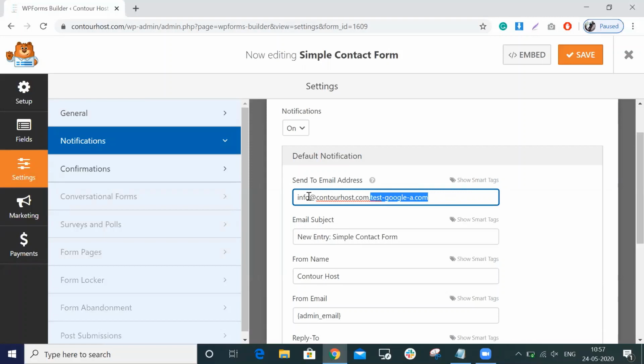So if I am using info@contourhost.com, then I need to use this format. For example, if I am using the email ID deepak@contourhost.com, then I need to use it like this. In case you are using contact@xyz domain, then you need to use it like this. After using this, for example, I am using the info@ email ID, so I just keep this one